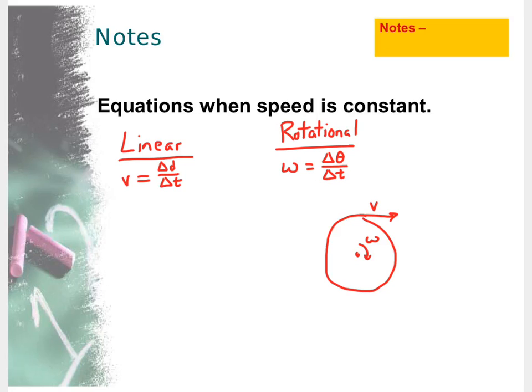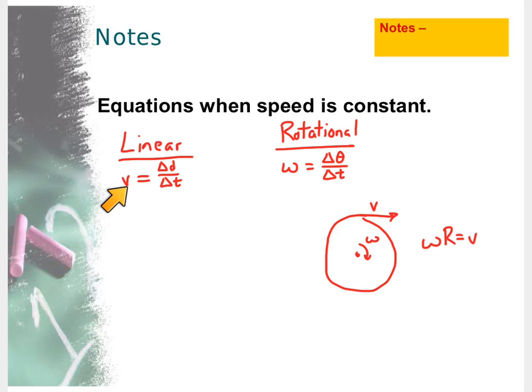Now, when I'm talking about this omega and this v, I'm not talking about this omega and this v. I know that sounds confusing, because if we're talking about motion on a circle, we would say omega times r